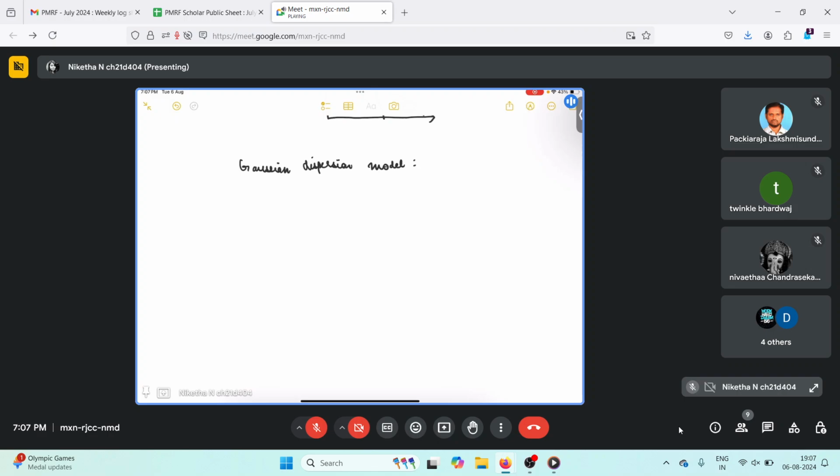So we use the Gaussian dispersion model to estimate the concentration of the pollution at a certain time, at a certain distance, and at a certain height from the source. So the model equation is something like this: concentration equals initial concentration by